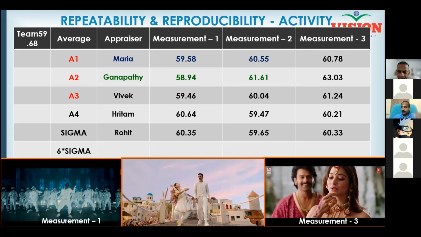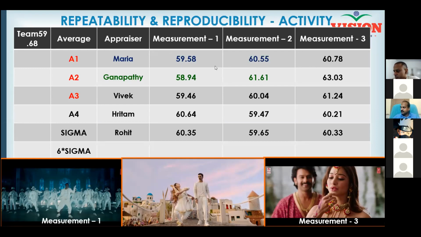This is how you should also conduct the measurement system analysis. When you want to validate the measurement system, you should not let the appraiser know the reading in advance. If you let them know in advance, they will give 3 readings straight away. Do you all understand why I did not tell? It looks like 3 different songs, but actually it is the same duration. She measured 3 times, but gave different readings.